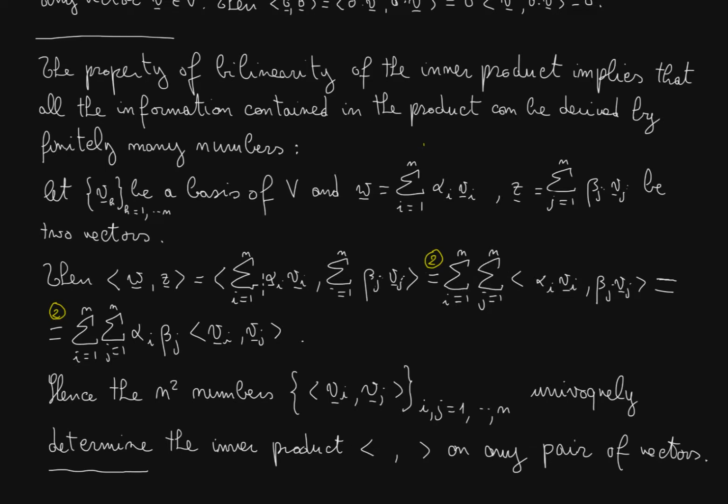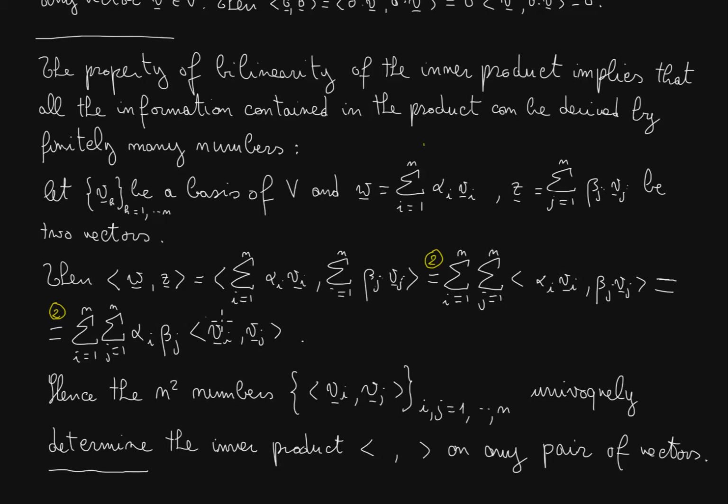First, we apply the bilinearity of the first argument and second argument with respect to the sums. So the sums go out, and what remains are two sums of these kind of products, v_i multiplied by alpha_i as a vector times a scalar, and all this becomes a factor inside the inner product, and the other factor is beta_j times v_j. Now we apply bilinearity with respect to multiplication by scalars, so both alpha_i and beta_j go out from the inner product